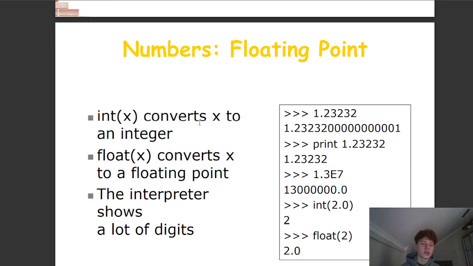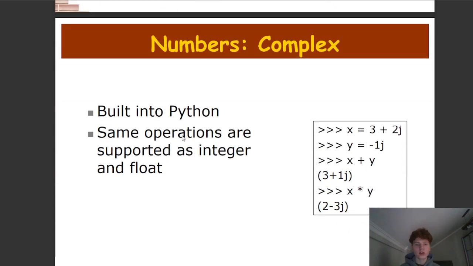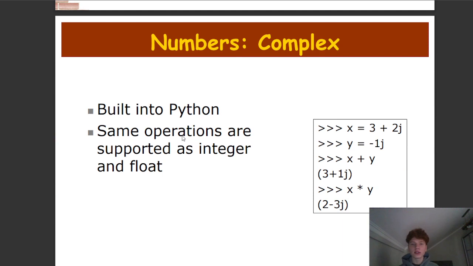The interpreter shows a lot of digits. Numbers, complex. Built into Python, the same operations are supported as for integer and float.